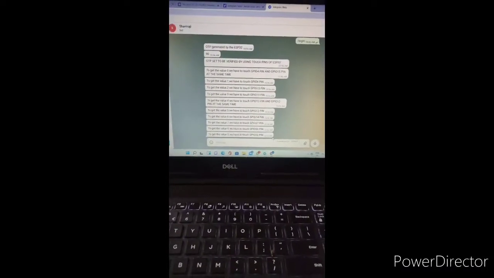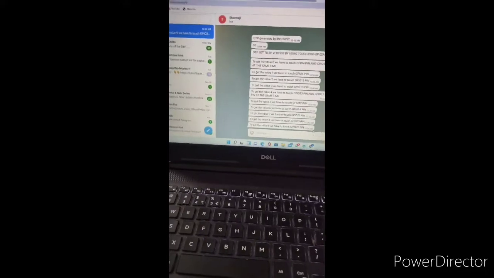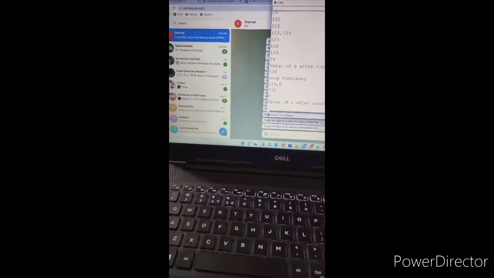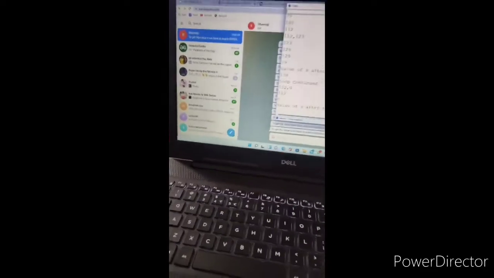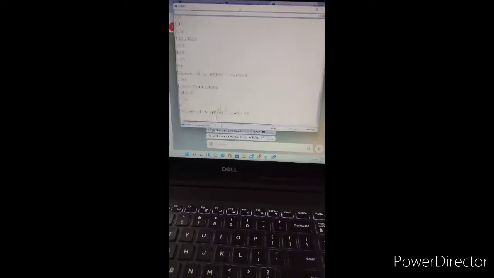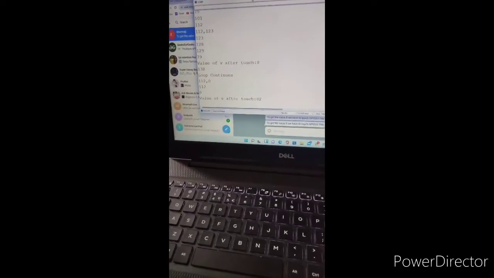To get value 0, we have to touch GPIO 4 and 15 at the same time. It automatically takes the value because of an error in the GPIO 13 pin and the GPIO 15 pin.